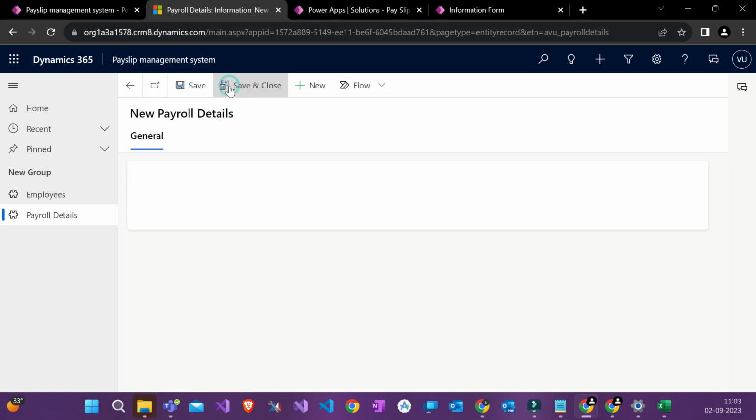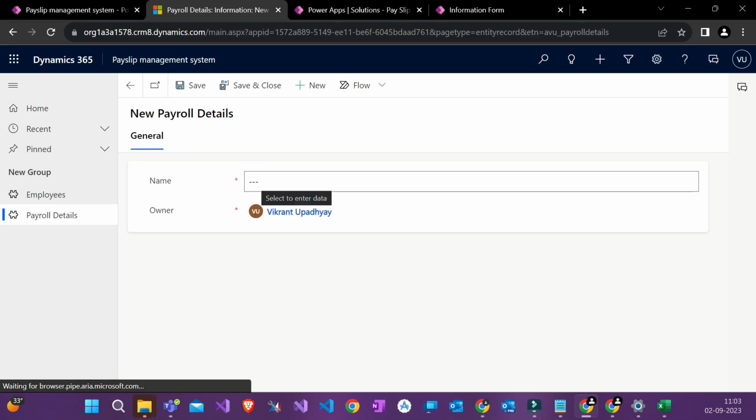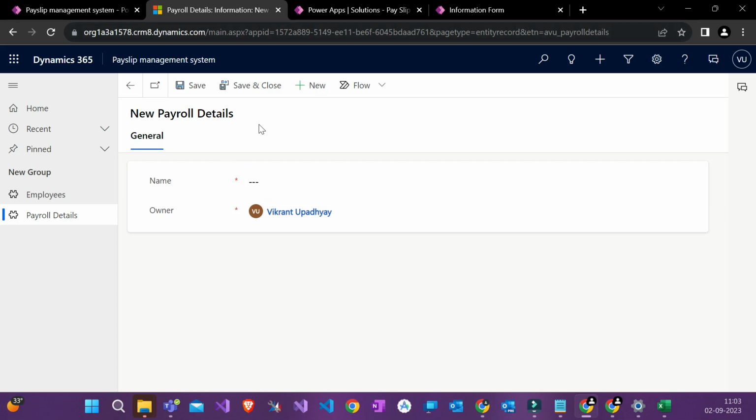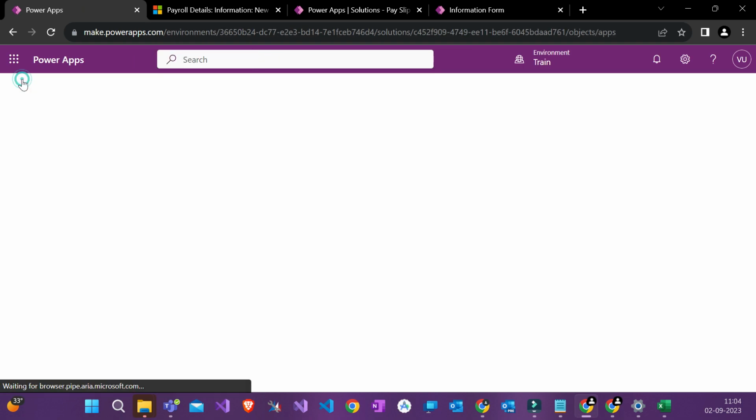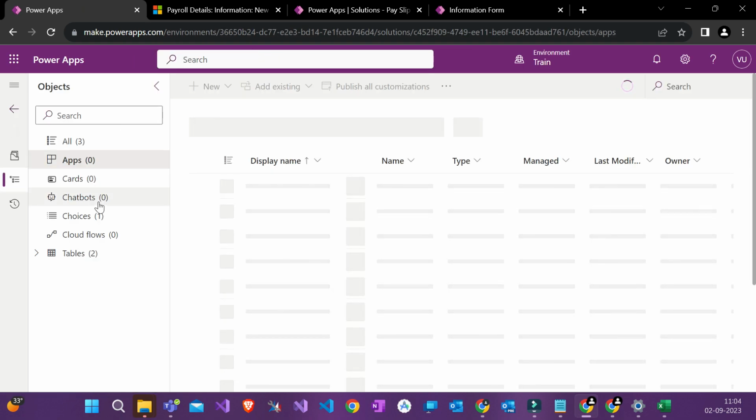I'll create a new payroll detail. ठीक है? Oh no. Okay. We didn't see. Now I didn't customize the form of payroll detail. I only customized for employee. That is why you see these two things only. है ना? So I forgot. So what we'll do is we'll go back. We'll just customize this and we'll finish the lecture.